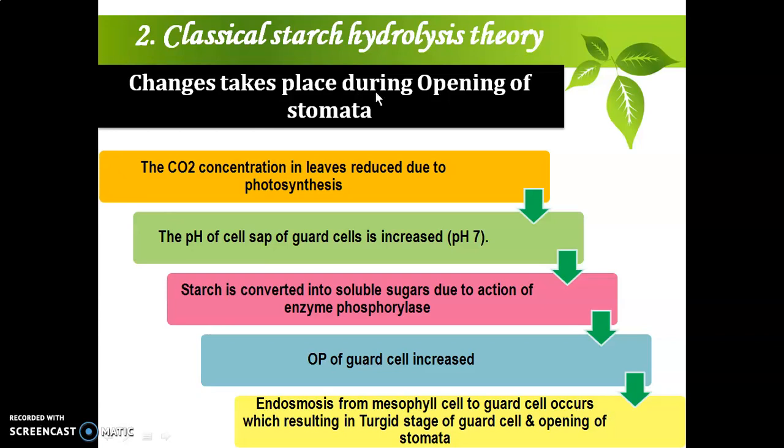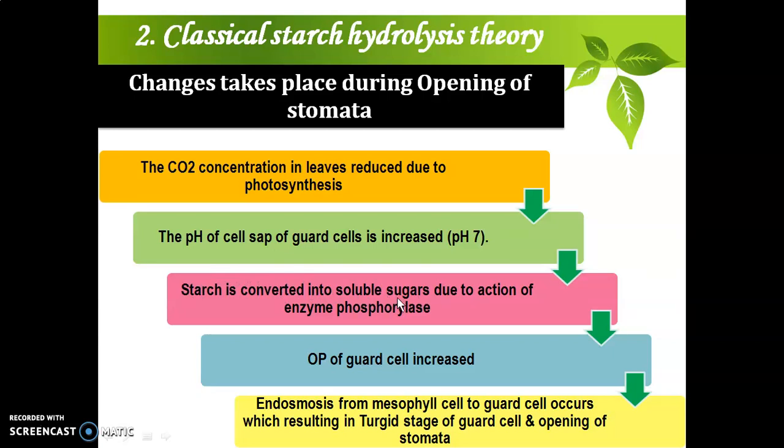These are the changes that take place during opening of stomata according to the classical starch hydrolysis theory. During the daytime, photosynthesis reactions take place and photosynthesis utilizes CO2. So CO2 concentration in the leaves is reduced, and due to the reduction in CO2 concentration, the pH of the guard cell shape is increased, and due to this increase in pH, starch is converted into soluble sugars, and